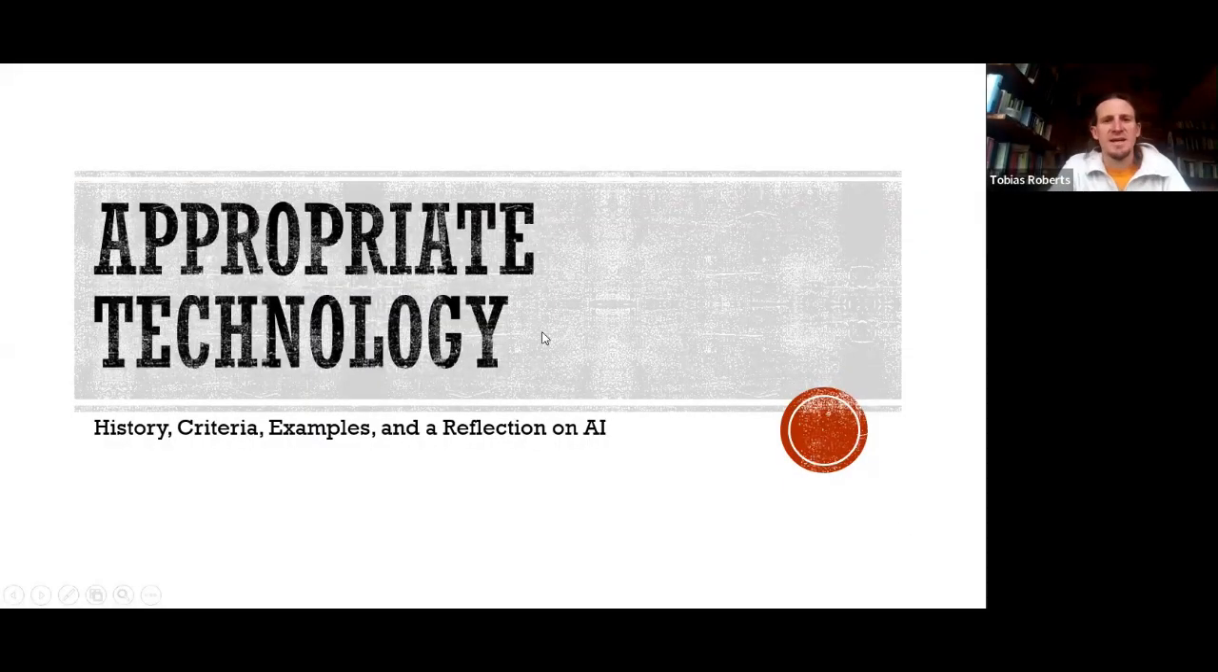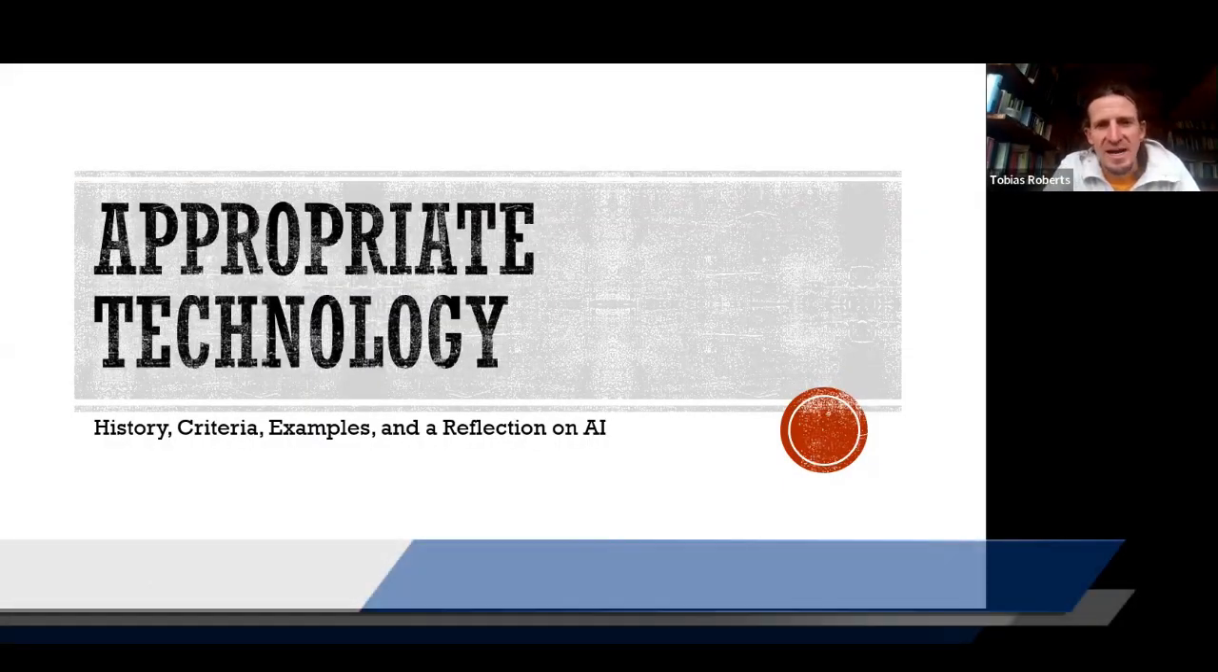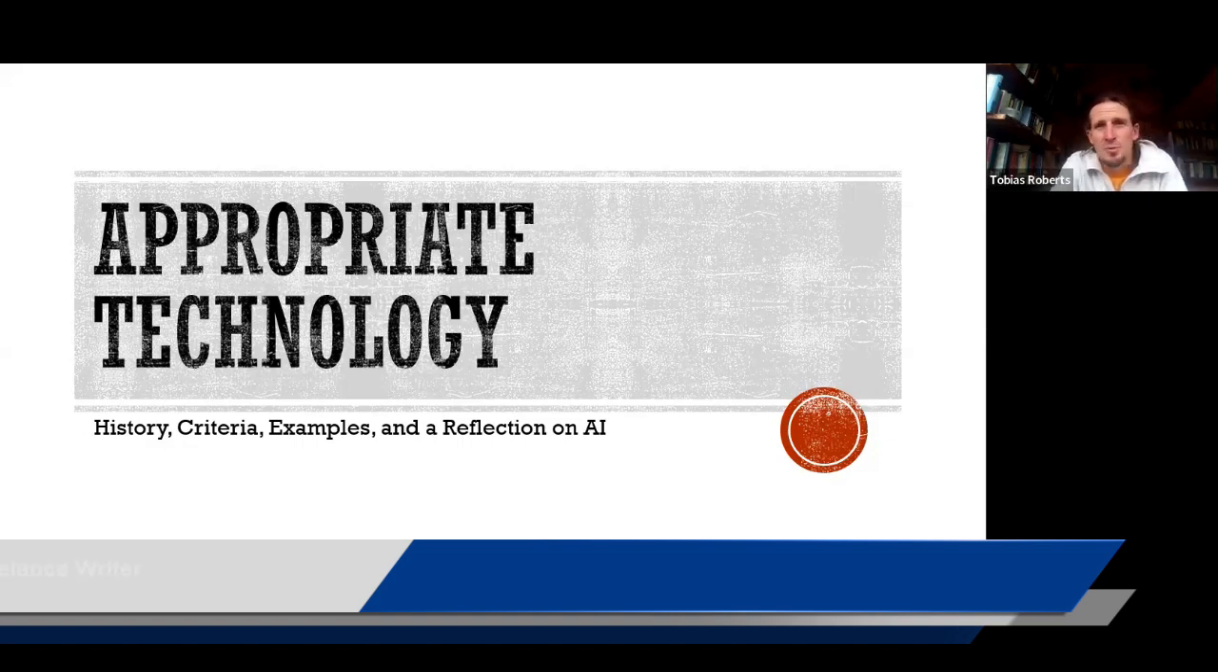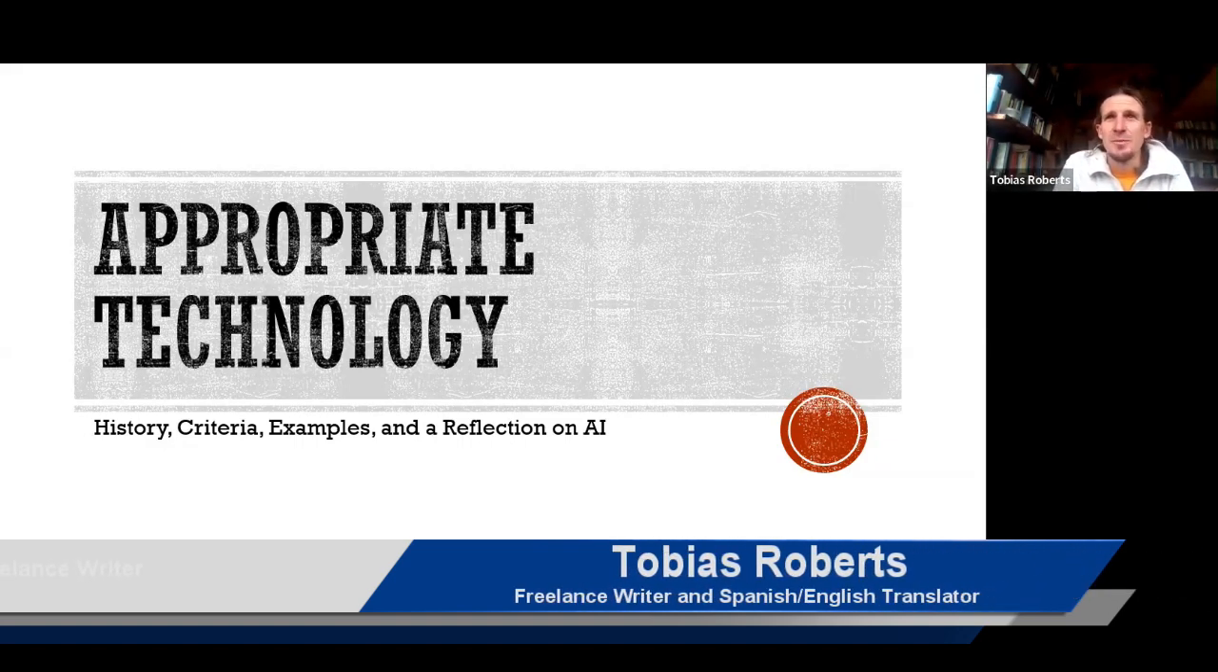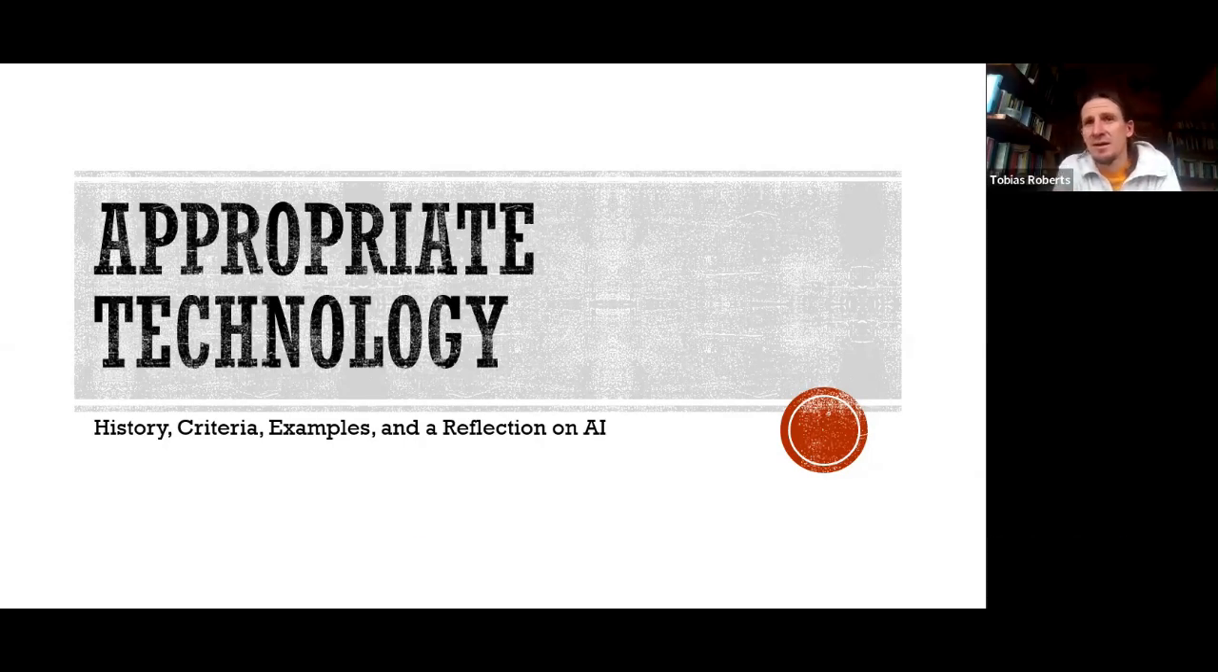So the topic for today is appropriate technology. I think that most people have probably heard that term. It's been around for several decades, but in more recent years, development organizations have slowly kind of migrated away from that. Back in the 1970s, the 80s, and 90s, there was a huge focus on appropriate technology because I think